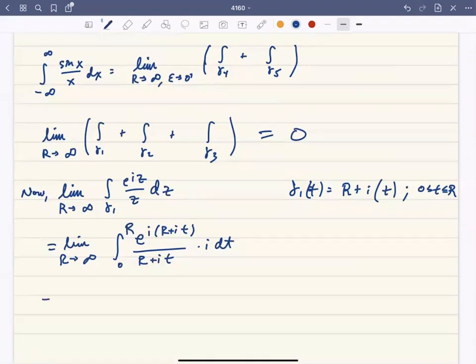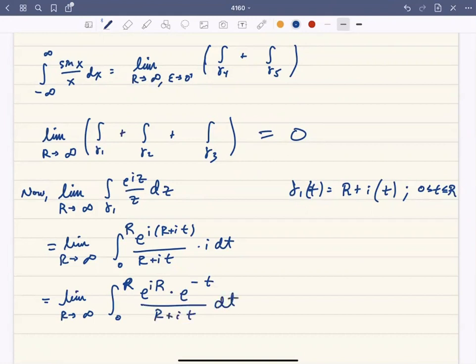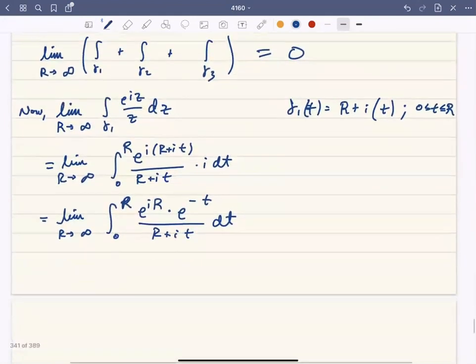So just to be more precise, what I mean is that if we take this exponent and just distribute, we're going to have the integral from 0 to r of e to the ir, which is some point on the unit circle. It's bounded, it's nice, it doesn't matter, times e to the minus t, all over r plus it dt. And now this integral is going to be very hard to evaluate, but we can basically use the same result that we were doing before. This is going to be less than or equal to